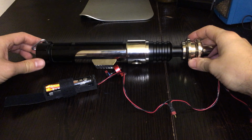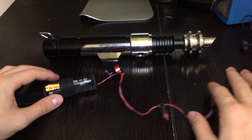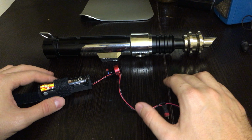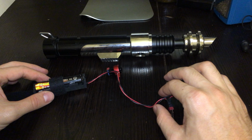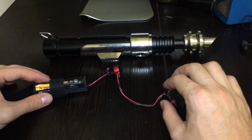I just want to have the hilts, and I don't play with every hilt at the same time, so having a plug and play kit for me is actually quite ideal, because whenever I feel like I want to spend time with a certain lightsaber for a while, I put the plug and play kit in there and I have a working saber. The benefit is it's relatively inexpensive if you take it across the board with a class and